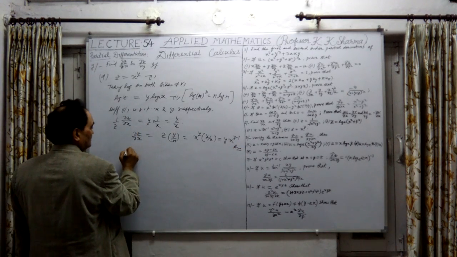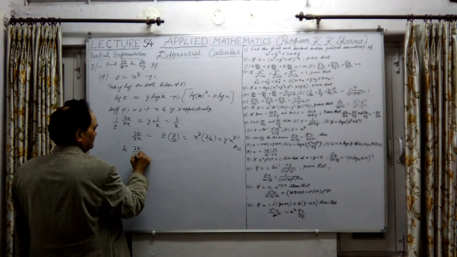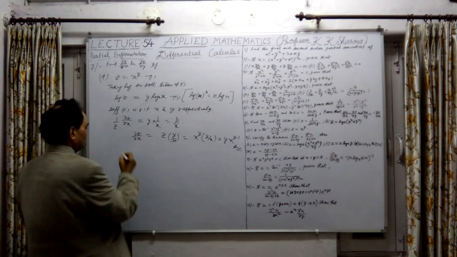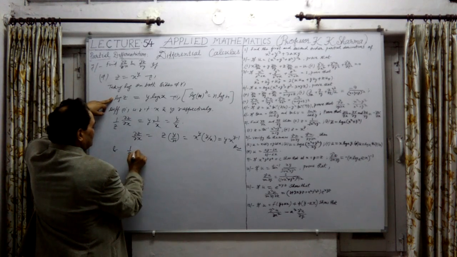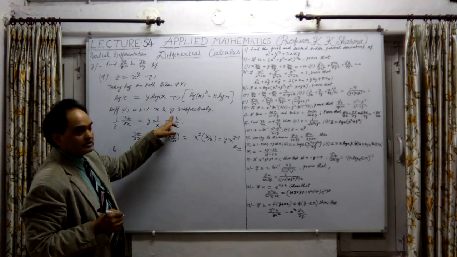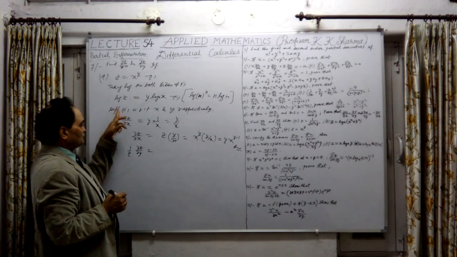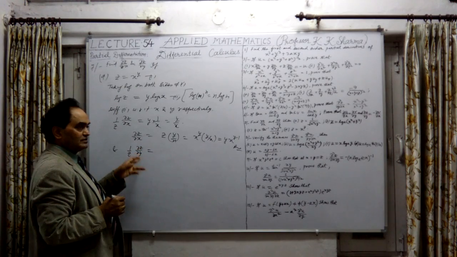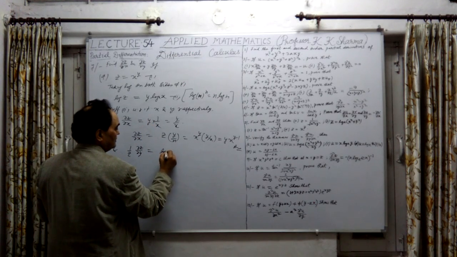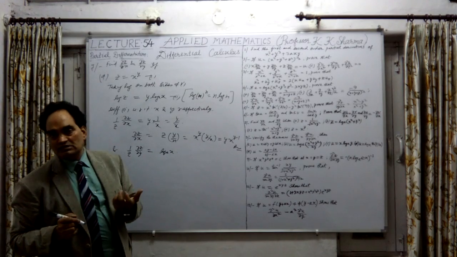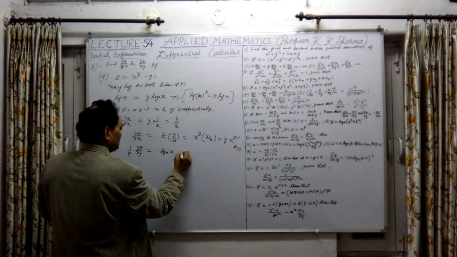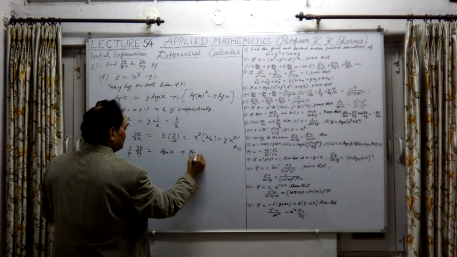Now let me write here del z del y equal to. Del z del y means we have to differentiate with respect to y. And this is 1 upon z again into del z del y. We are differentiating the second with respect to y here. It will be 1 upon z again, but z we are differentiating with respect to y, so it will be del z del y. That is equal to, now y here, y is 1, and only log x is left over. Because the differentiation of y is 1, and log x is constant, so log x constant is as it is. Keeping this as it is, therefore del z del y is equal to z in